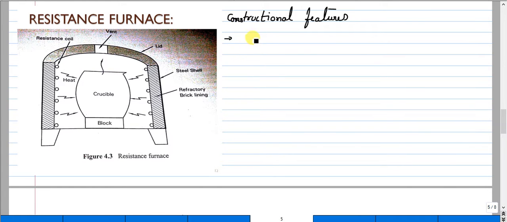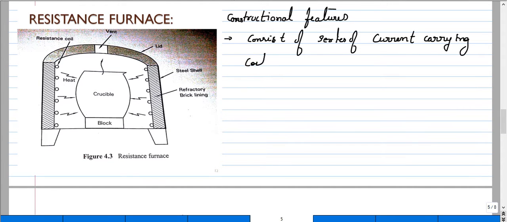So this will be the initial construction,